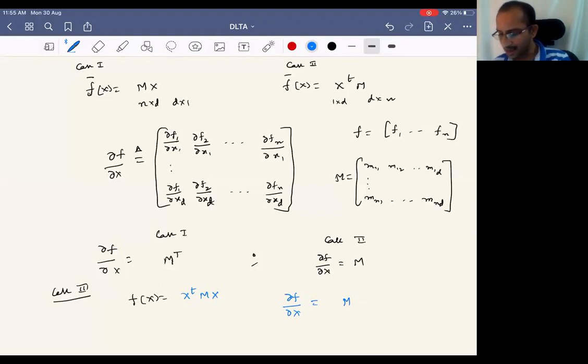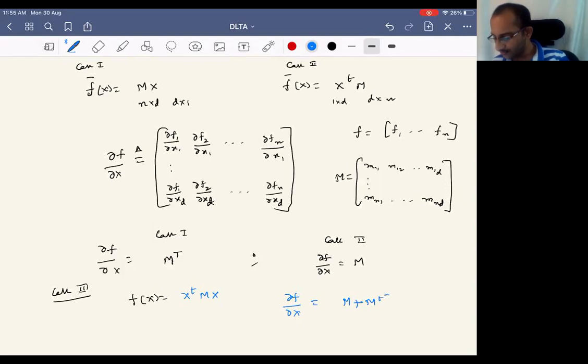This is because, if you consider the first term, x transpose into Mx, the x transpose M together, considered as a vector, becomes something like y transpose x. Similarly, the second term, considered as a vector, again becomes something like x transpose y. So you can see that that's the analogy here to solve this.